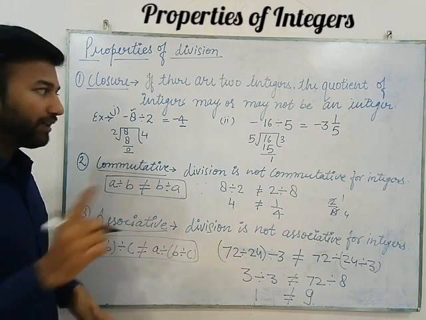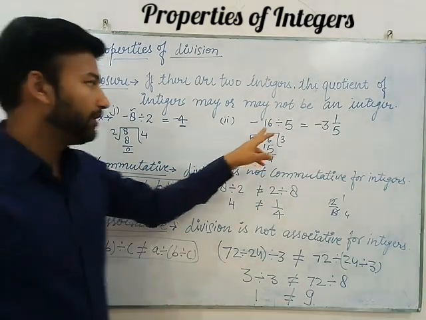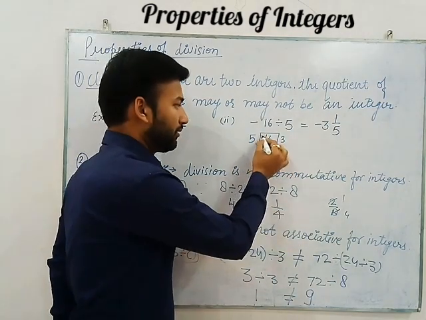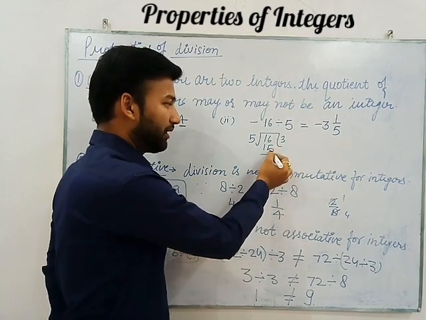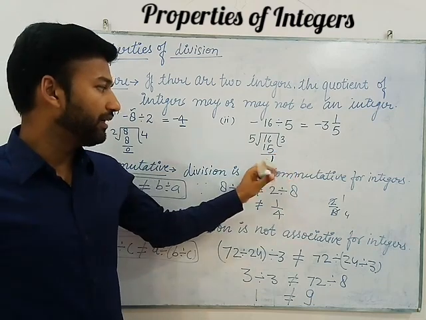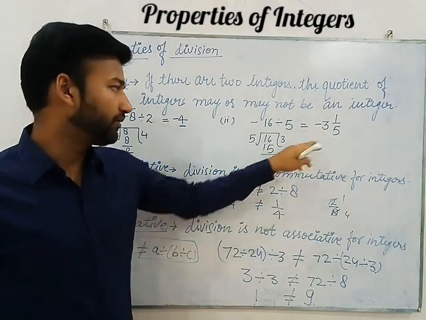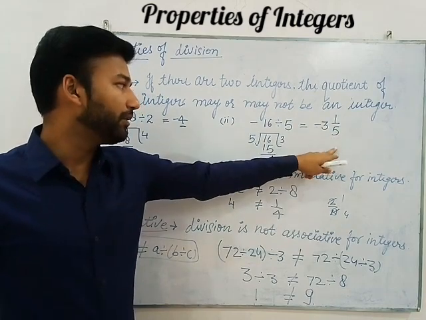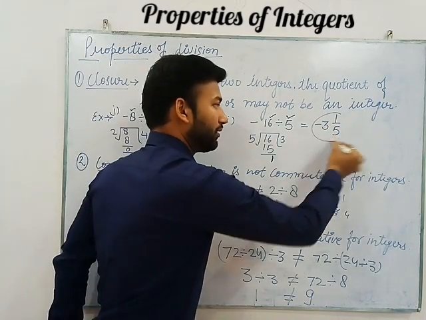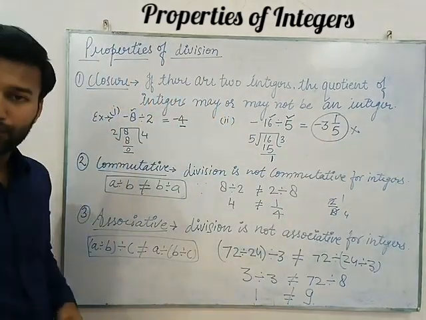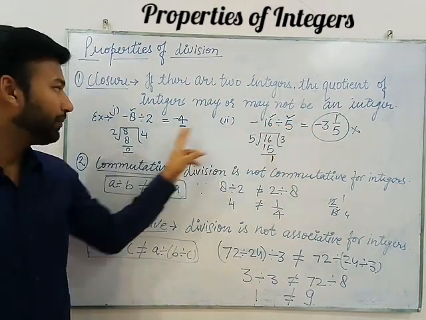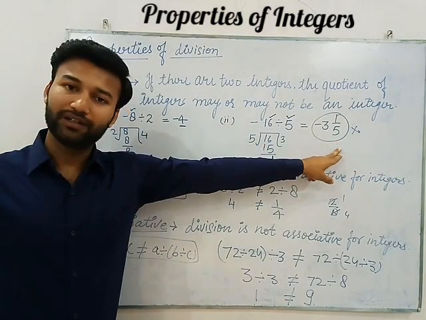So it is followed. But when we change the example, means minus 16 is divided by 5, then what is the answer? See the division. When we divide 16 by 5, so 5 3s are 15 and 1 is the remainder. So now we will write the number in mixed fractions form. So minus 3 whole 1 upon 5 is the answer. See, this is an integer, this is also an integer, but this is not an integer. So here the definition is may or may not be an integer. Quotient may be an integer, here it is not an integer.